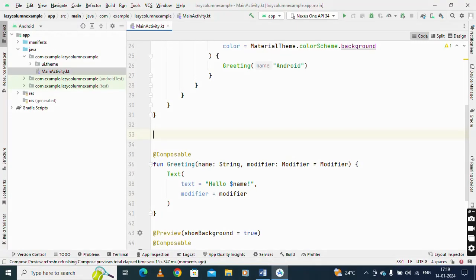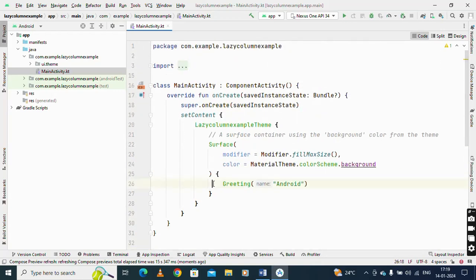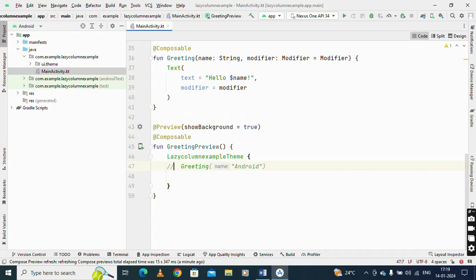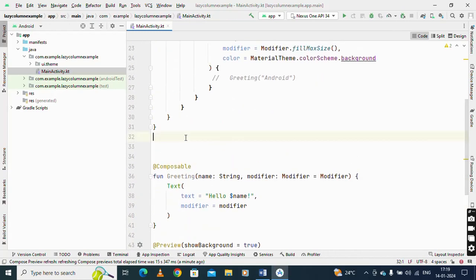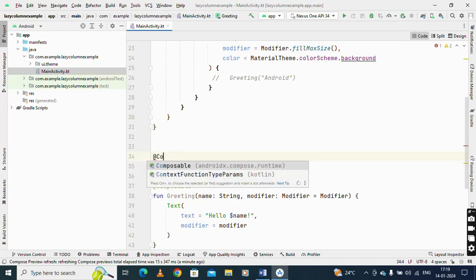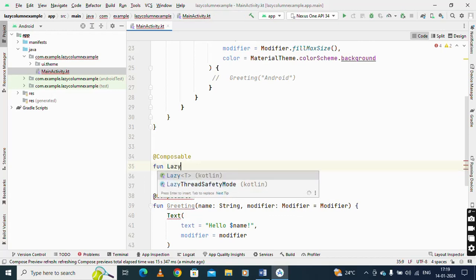Okay, so first let us start in Android Studio. Here we have a default function. I'll just hide it, I mean comment it, and then use a composable. First we discuss how we can represent a single item or multiple items in this composable. Here I'm just using a lazy column example,